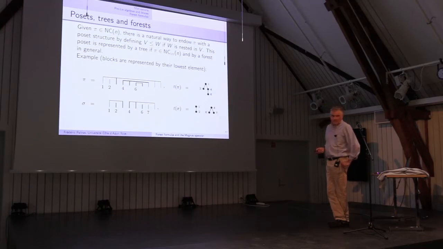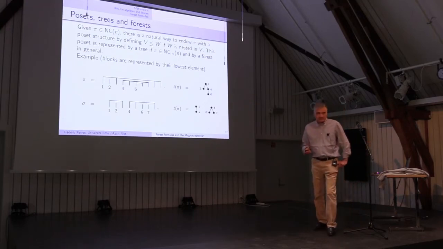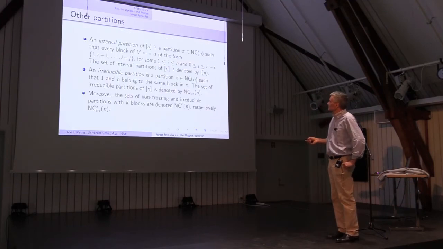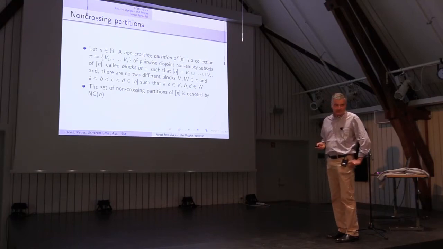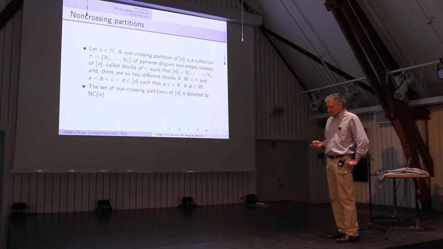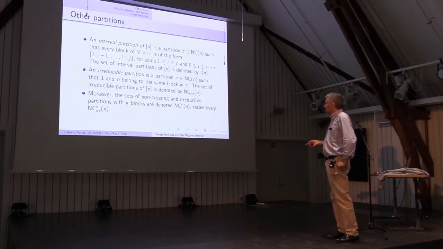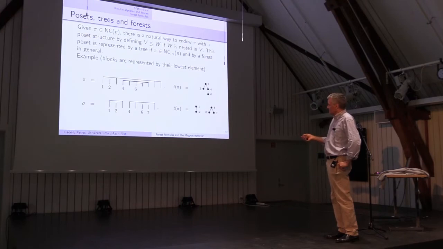And I didn't understand what NC is again. So this is the set of non-crossing partitions. Yeah, what does that mean? So a non-crossing partition is a partition, but where you impose a condition on the blocks, namely you don't want to have A and C in one block and B and D in another block. You don't want this kind of situation appearing. So this is encoded graphically by this kind of picture.